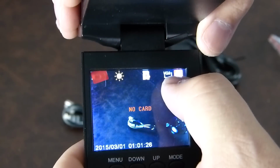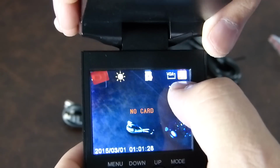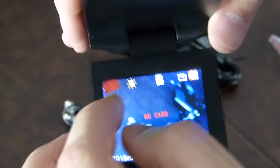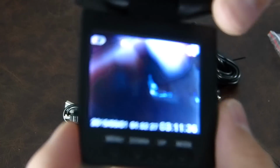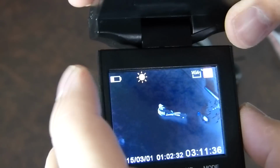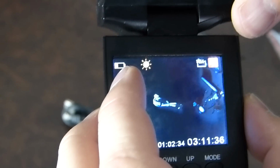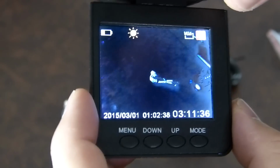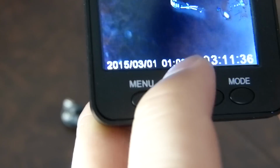Okay, it says up here that it's set to VGA mode. There's a video recorder button there, no SD card, and a sun. I'm going to get rid of this screen protector. Okay, so having removed the screen protector and put in a little 8GB SD card, because it's the only one I had to hand, we have a battery indicator up there that shows that the battery is about 4/5 dead. Down the bottom we have the date, the time,